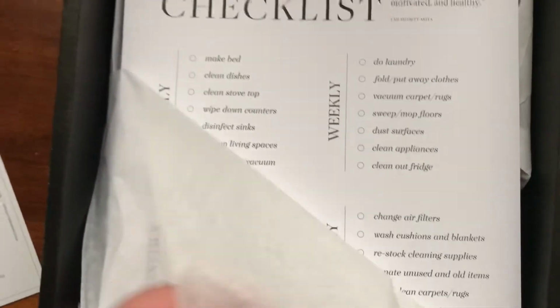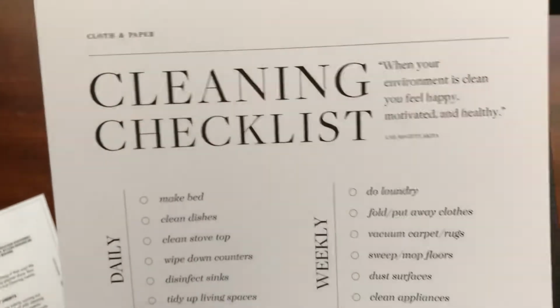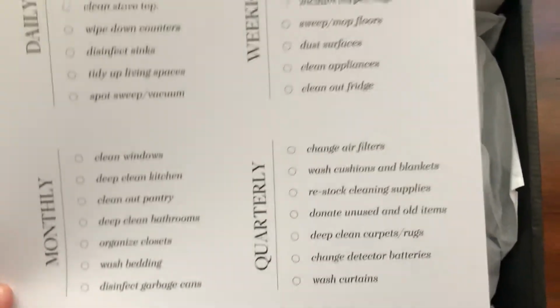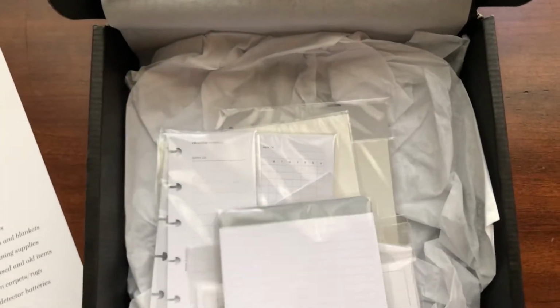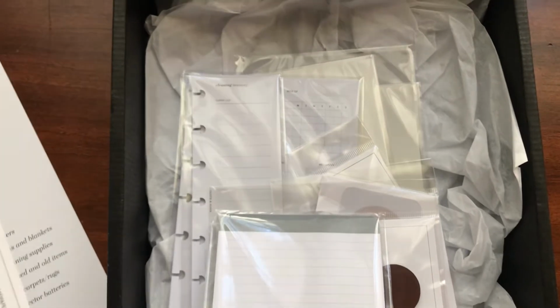So this is the packaging when you first open it up. Of course, lovely tissue paper. And this is the cleaning checklist. Very cute. Love the aesthetic. So the first thing that I see in this box,